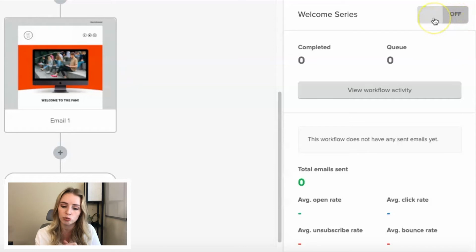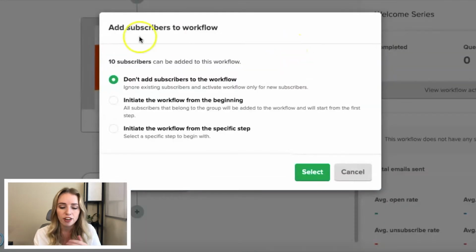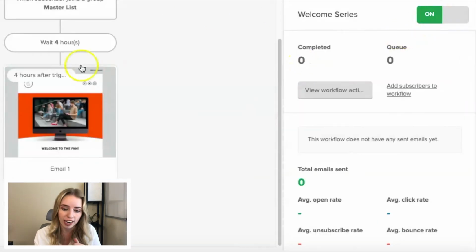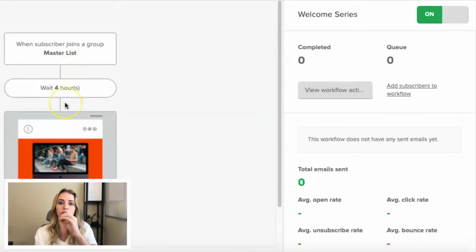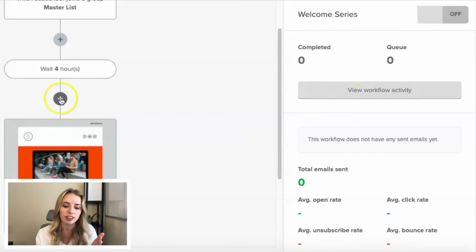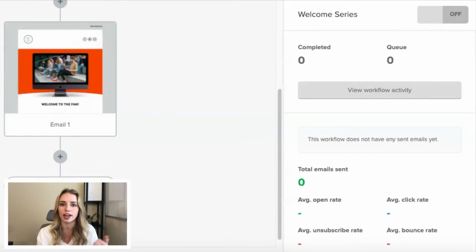So I'm actually gonna switch it to on here. And then they're gonna ask add subscribers to workflow, so I can add in the subscribers that I've already imported into my account. So I'm actually gonna click don't add subscribers to the workflow and select. And now you can see the welcome series is on. And as you've noticed, the plus little buttons to add things to the automation are gone. But if you want, you can toggle this back to off, and the buttons will appear to continue editing your